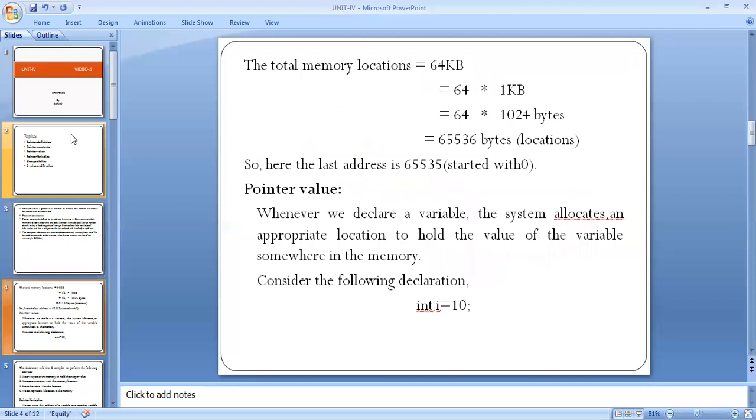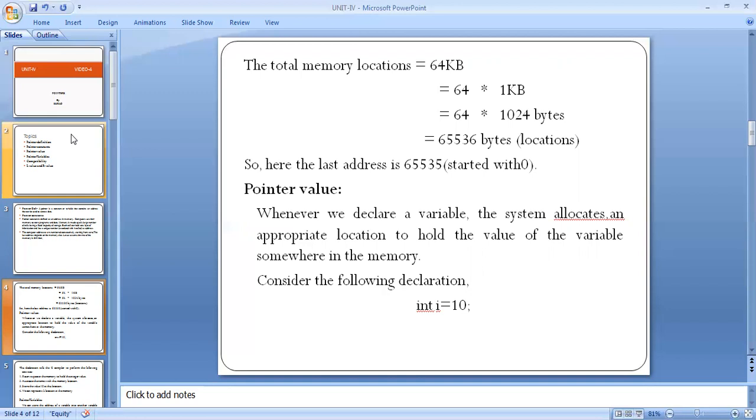Now taking the 64 KB memory size, it can be divided into 1 KB units. 1 KB equals 1024 bytes, and 64 into 1024 bytes equals 65,536 byte locations.